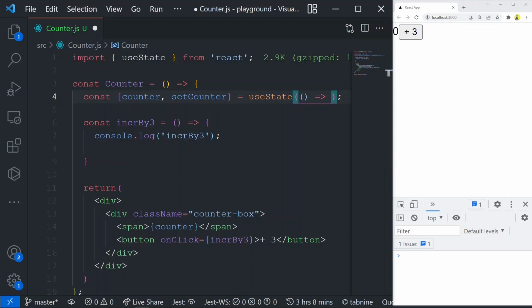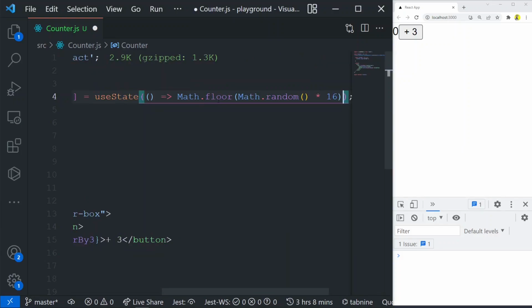So for this example's sake, let us do something like this. I'll be taking one piece of code that will generate a random number for us. This is the code for generating the random number, Math.floor, Math.random times 16. Just pretend that this is a heavy computation that produces a number. Instead of putting it outside, where the heavy computation would take place and the rest of the component workflow gets blocked,